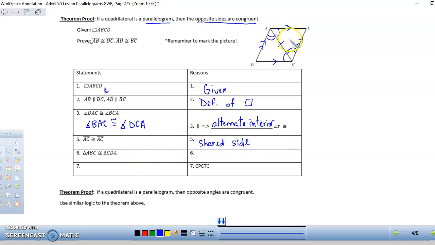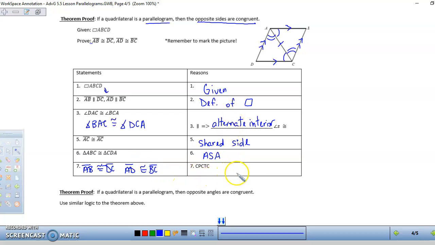And then what do you know? We have congruent triangles by angle, side, angle. And then we can prove that corresponding sides of these triangles would have to be congruent. So that's where we get that proof statement. AB is congruent to DC and AD is congruent to BC. So that's an example of a formal proof